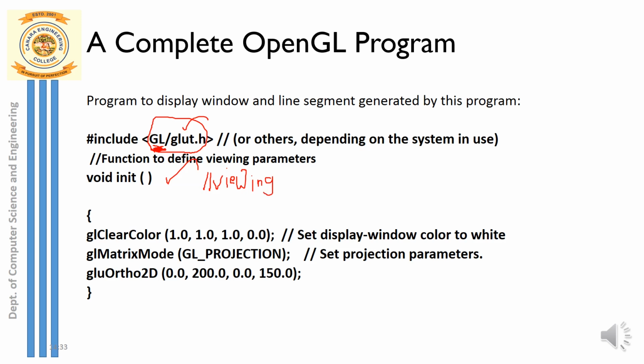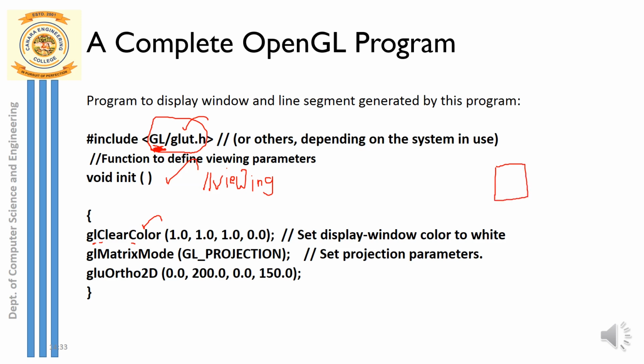The very first OpenGL function that is defined inside this weaving function is glClearColor. So what is this glClearColor? See here, the prefix is GL and the name of this function is clearColor. The first letter of clear and the first letter of color, C, are in caps. Remember, whenever you write an OpenGL program, all the OpenGL functions are case sensitive. So glClearColor is an OpenGL function used to clear the background